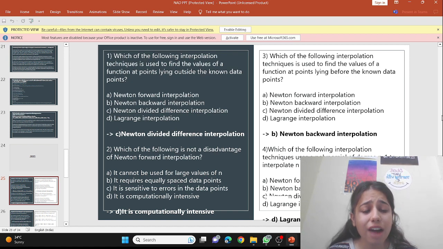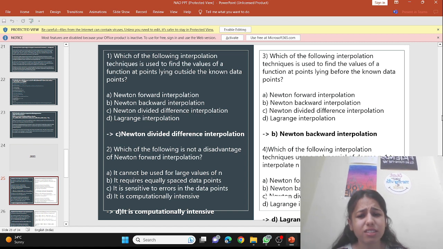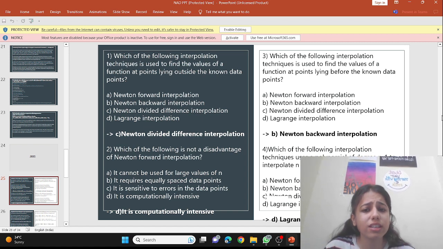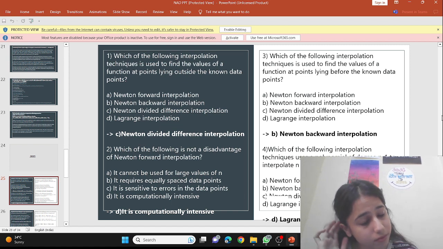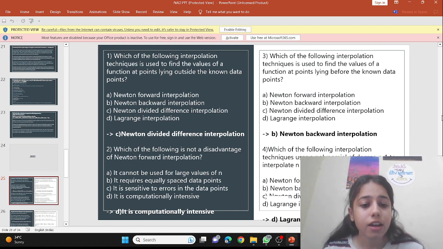All the techniques we have studied, and these MCQs are so easy if you have studied all the techniques sincerely. Now, the fourth question is, which of the following interpolation techniques uses a polynomial of degree n-1 to interpolate n